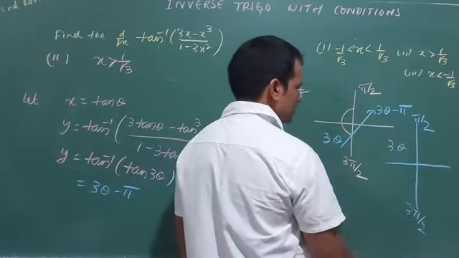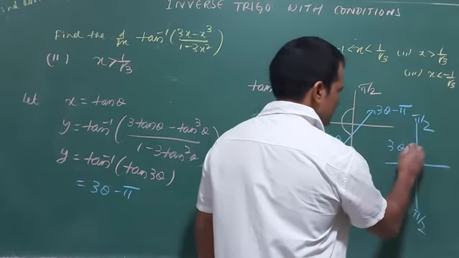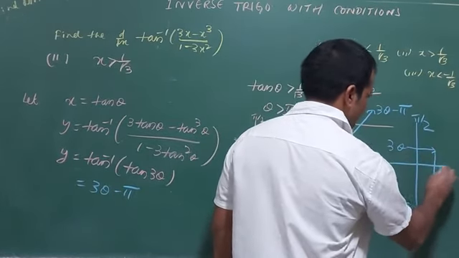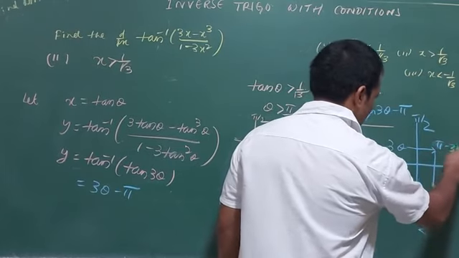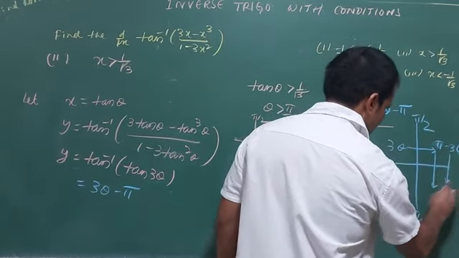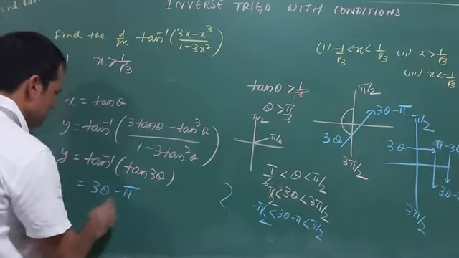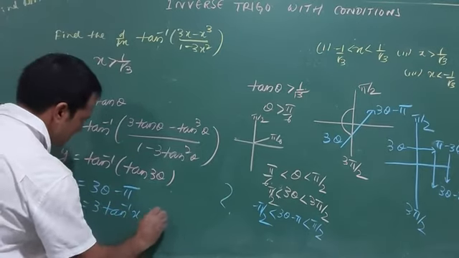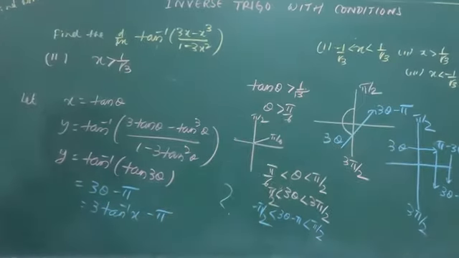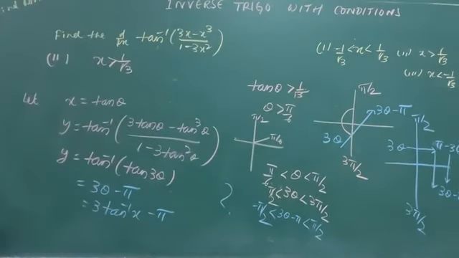Suppose 3 theta is standing here. Normally tan is negative here, so inverse has to go there. So I'll transfer the value here, then I'll come here. Pi minus 3 theta, then minus, gives 3 theta minus pi. In both cases I am getting the same answer. So its answer is 3 tan inverse x minus pi. Go for the derivative now. Understood? Okay. Next one, last one.